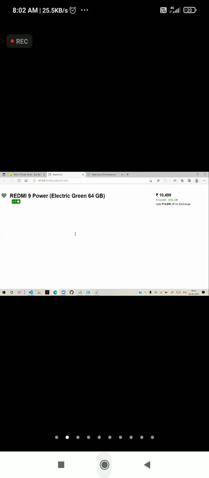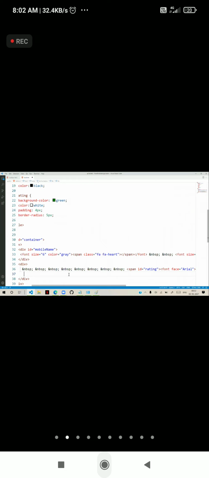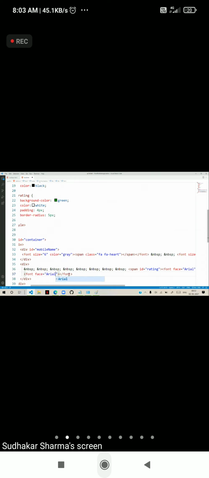And beside that, we need to keep some text. So after you finish displaying that rating, here we can say font, and in that font face is equal to Arial, then same size, color is equal to gray, and here we are defining some 45,000 ratings, and some 3,400 reviews like this we can define, and we can keep this in bold.